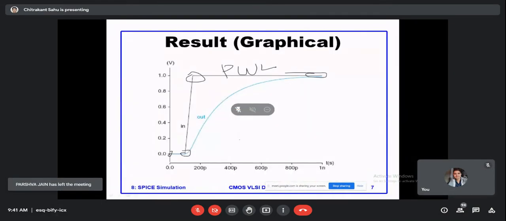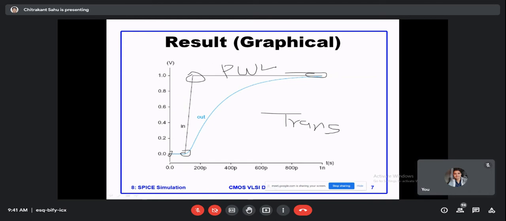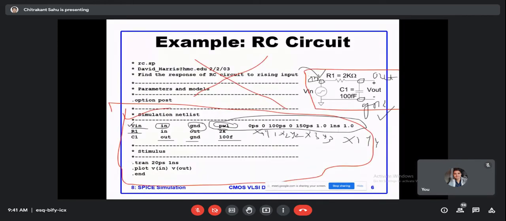By default, since the input signal is varying with time, which type of analysis will we call it? It is transient analysis. Any signal that you are applying, any waveform you are observing with respect to time, will be called transient analysis. Okay, so this is the input plot.